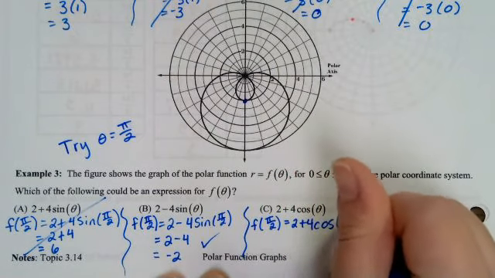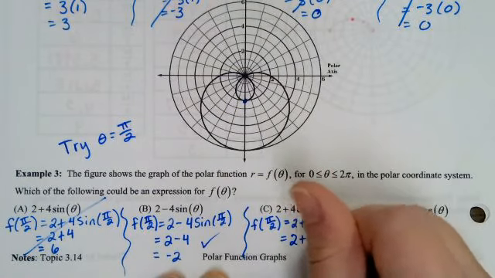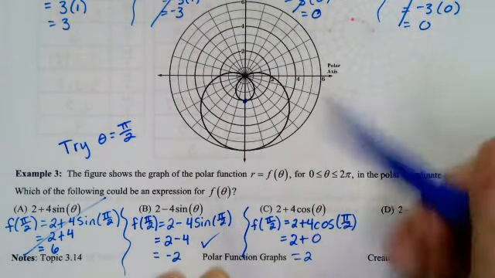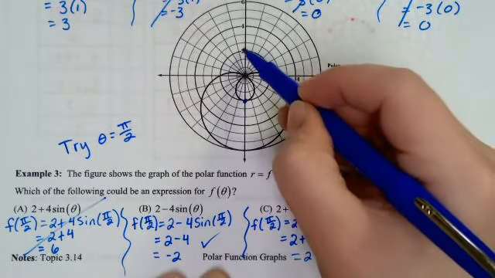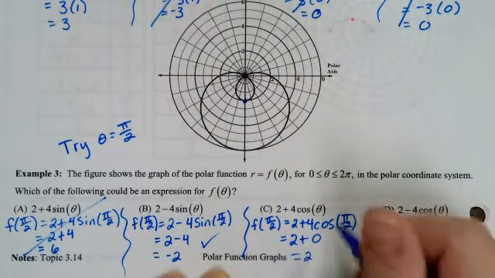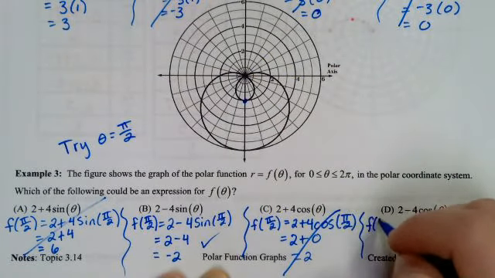All right, pi over 2 cosine is going to be 0. 4 times 0 is 0. And then 2 plus 0, 2. Okay, so at pi over 2, right, are we at 2? No, not on my graph. Next one,